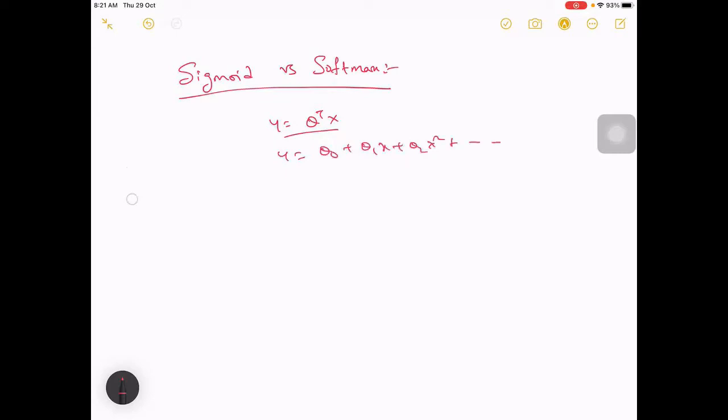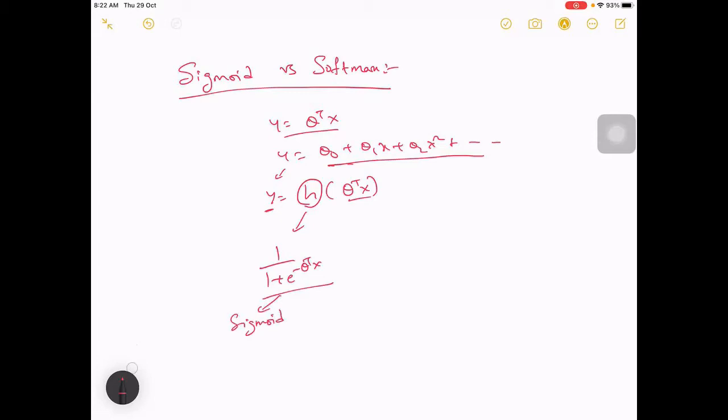So from this, what we have done is, instead of having the polynomial function directly, we use some function within which we pass this theta x, and that will be your y. And this function is what we call a sigmoid function, which will be of this form: 1 over 1 plus e power minus theta 1 x. So this we call a sigmoid function, right?